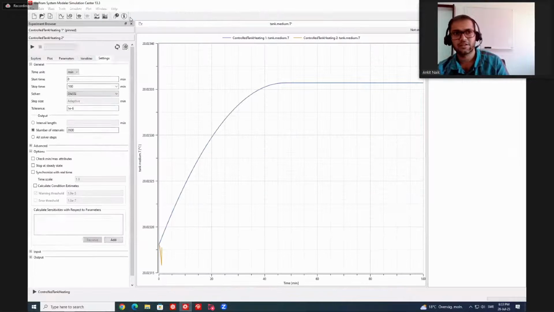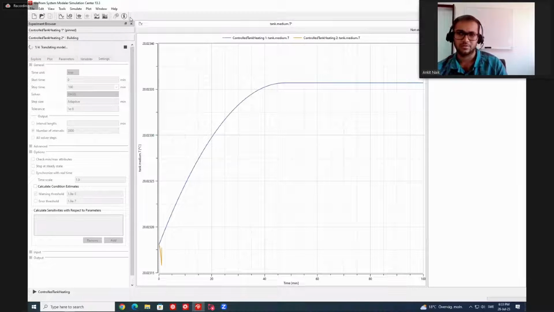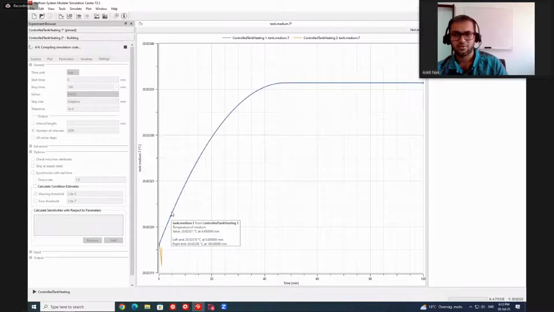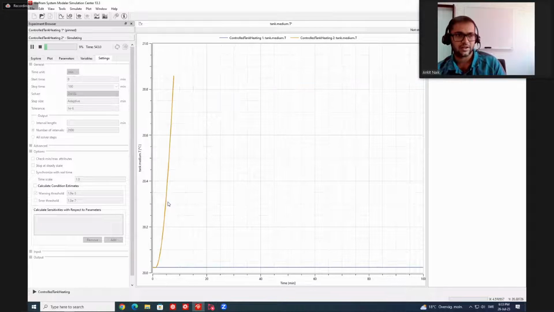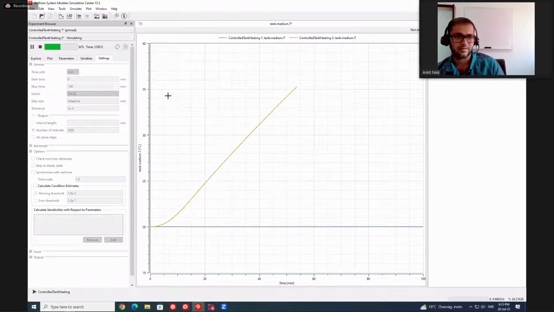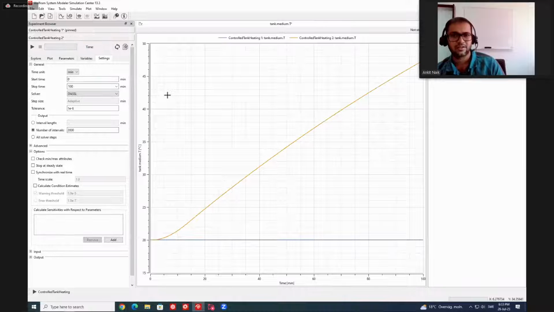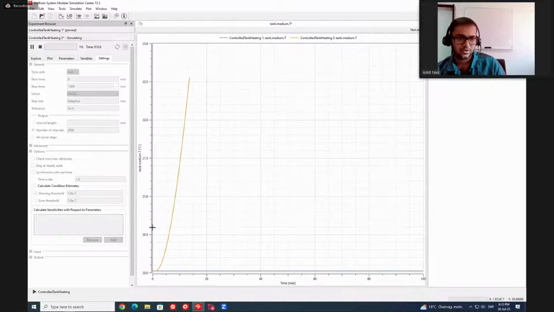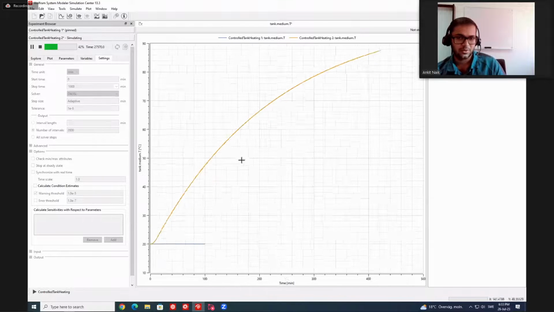So this would increase the heat transfer value to the tank, and hopefully that should solve my problem. When you design a controller, it's a lot of trial and error, where you have to get the right values in place. So if I simulate for a longer time,